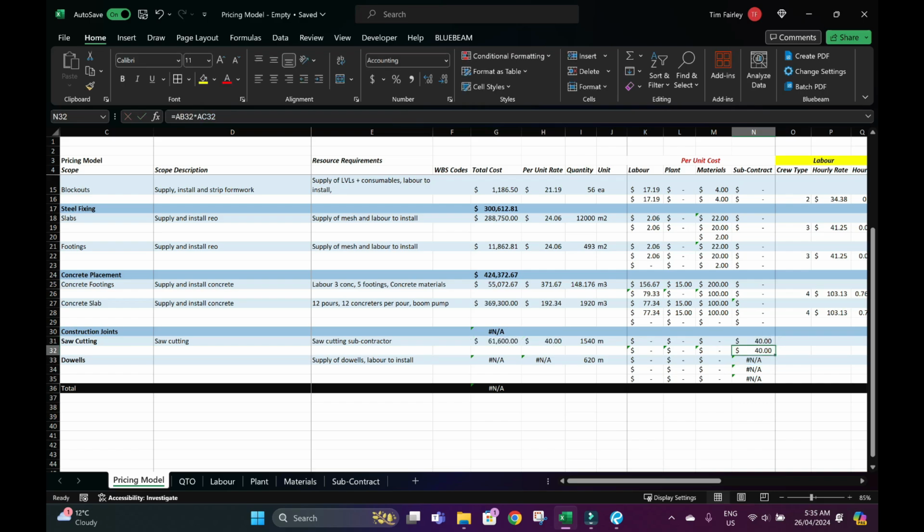So $61,000 for the saw cutting, and for the supply and install dowels, we're just going to need labour to